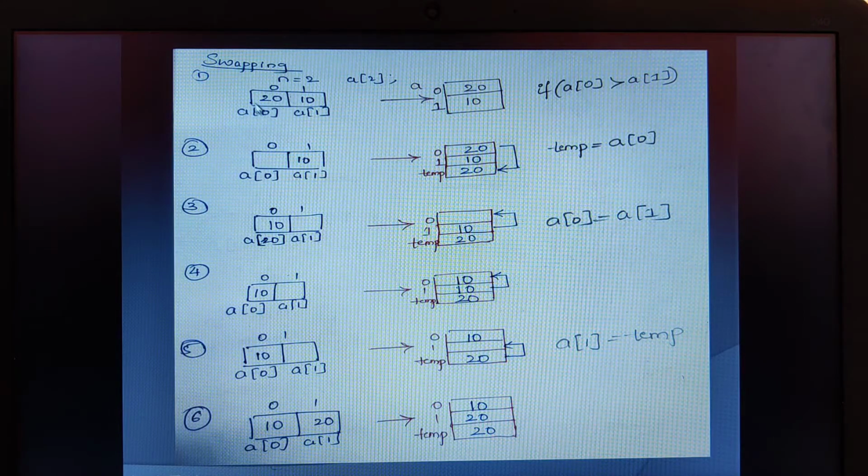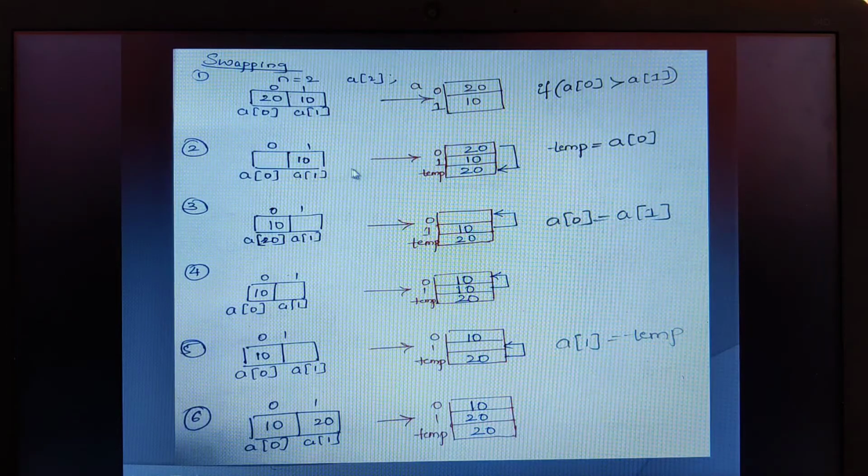When this allotment is done for this array in the computer memory, this is how we can see it: at the 0th location 20 is placed, at the first location 10 is placed. I am going to exchange these values based upon a condition. What is that condition? If a of 0 is greater than a of 1. As per this, if 20 is greater than 10, then we need to exchange the values.